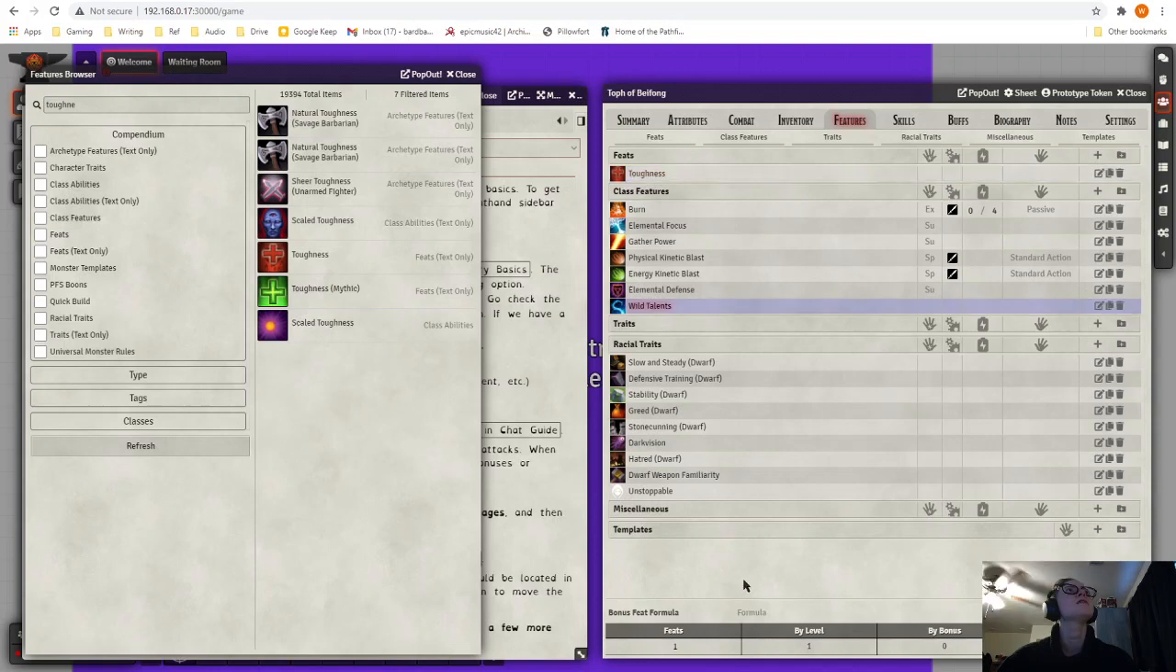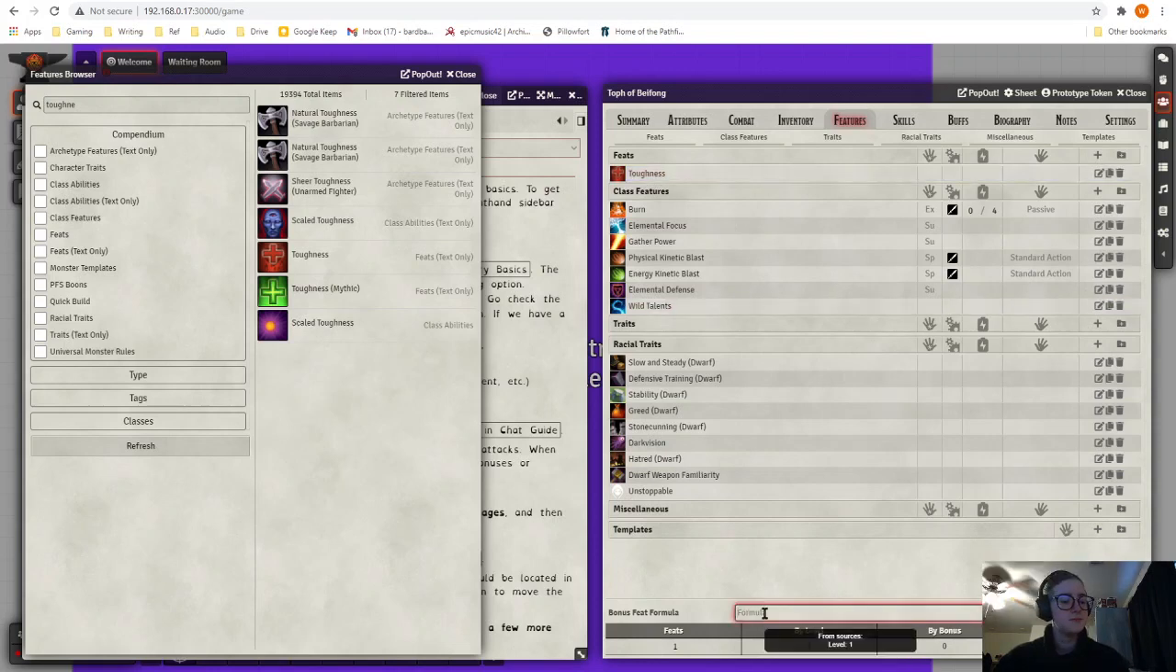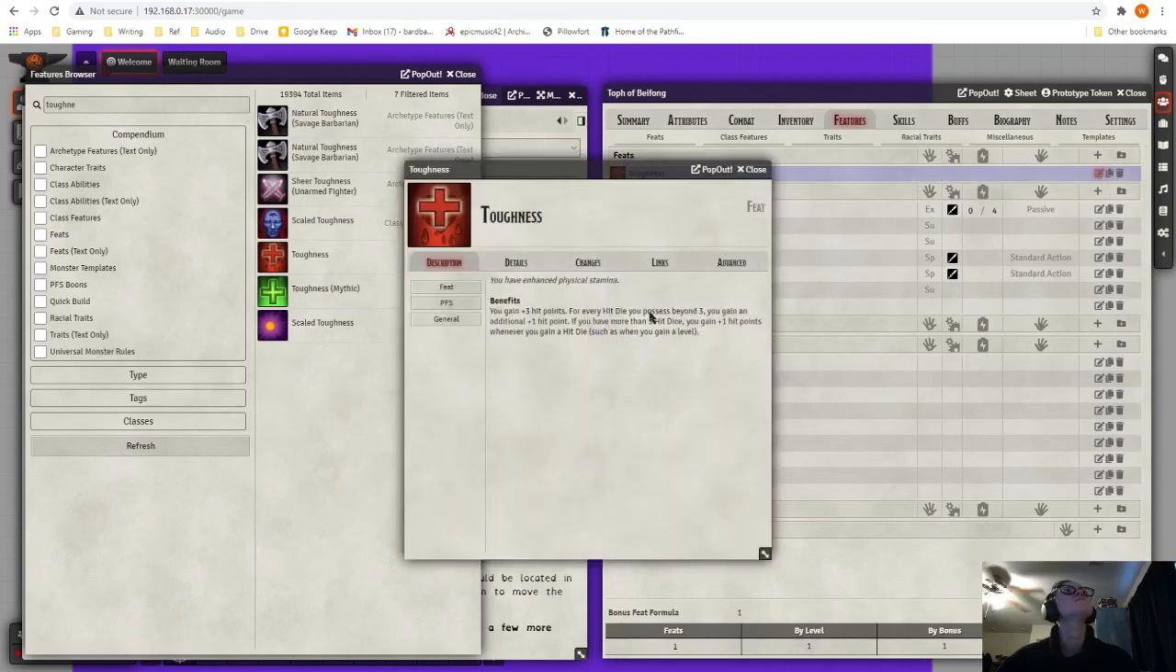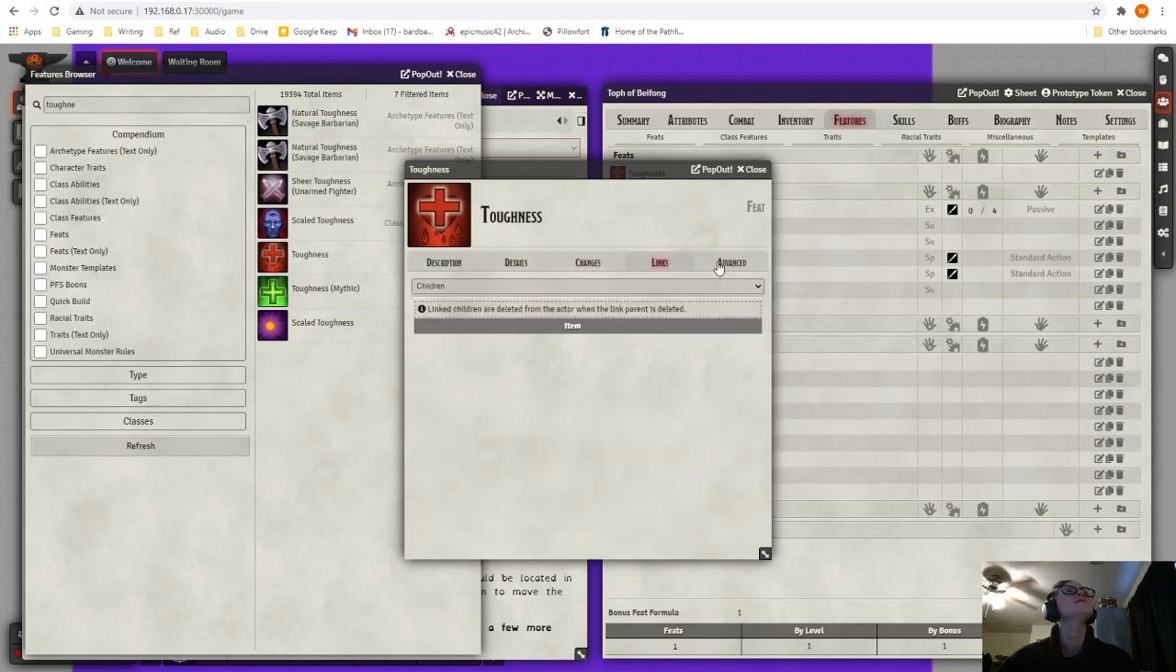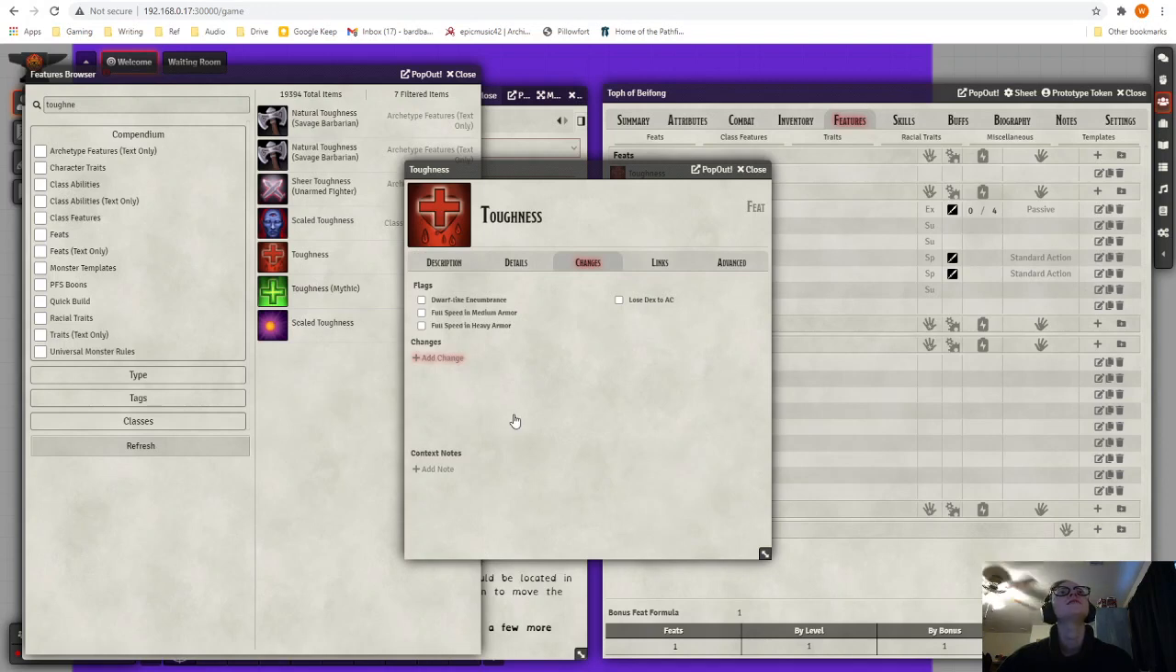Now, I just got a bonus feat, so I'm going to click on bonus. Now, because toughness is listed as being in text-only feats, I'm going to come check to see if it has any changes, which it does not. So what toughness does is I gain +3 hit points, but once I hit 4th level, I gain 1 hit point for each hit dice. So I click add change,